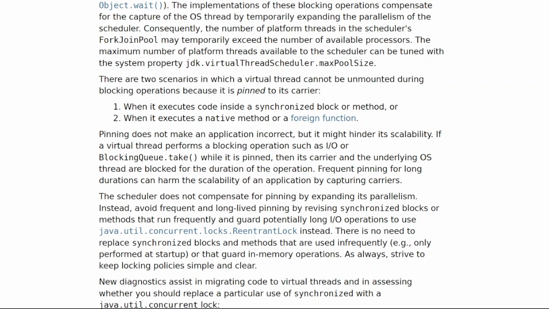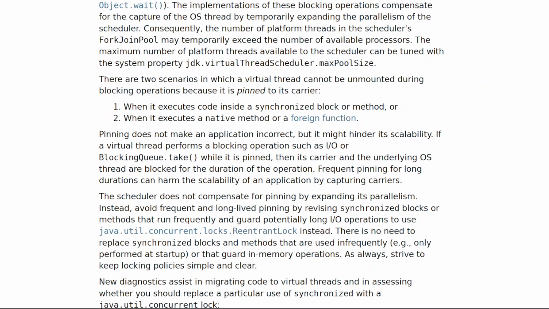If a virtual thread performs a blocking operation such as I/O or BlockingQueue.take while it is pinned, then its carrier and the underlying OS thread are blocked for the duration of the operation. Frequent pinning for long durations can harm the scalability of an application by capturing carriers. The scheduler does not compensate for pinning by expanding its parallelism.